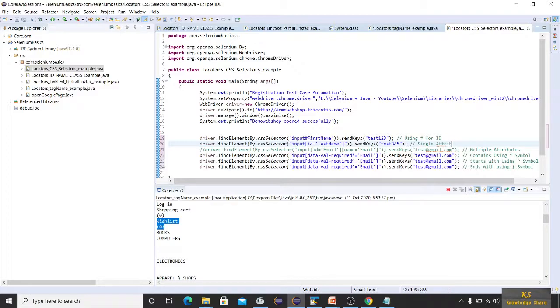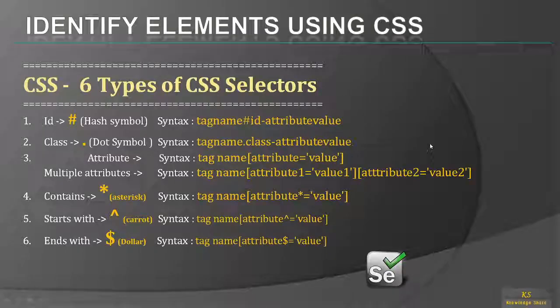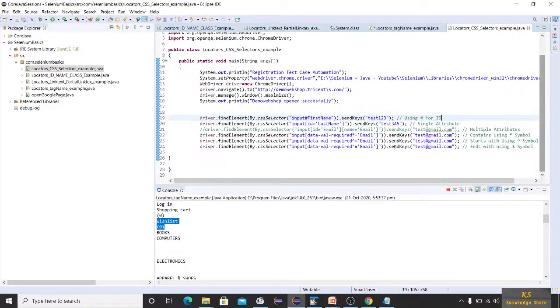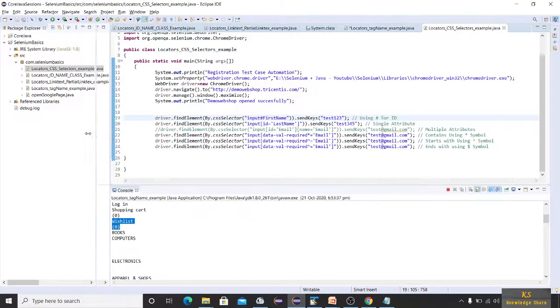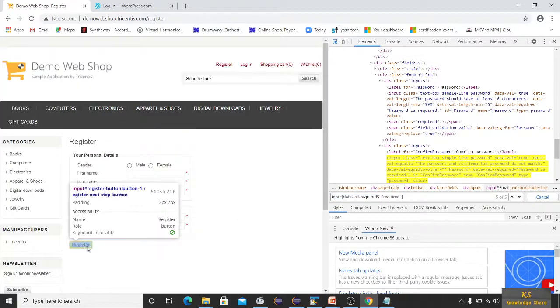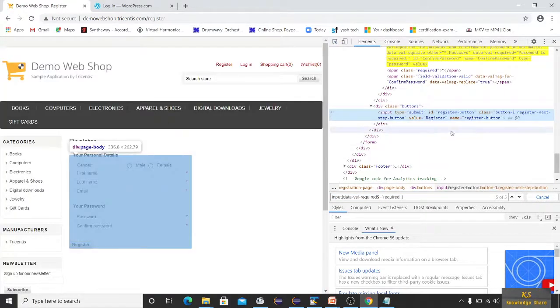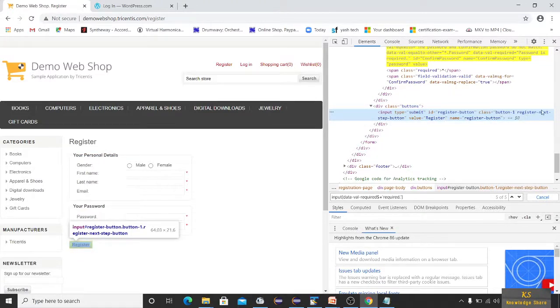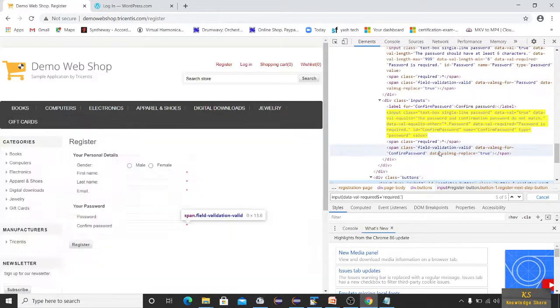Okay, so this is a single attribute. We have only one thing left which is related to class with dot, but we are not able to do it here. But let us see if any element can use a class name. Without spaces, so this also has spaces, it will not accept.